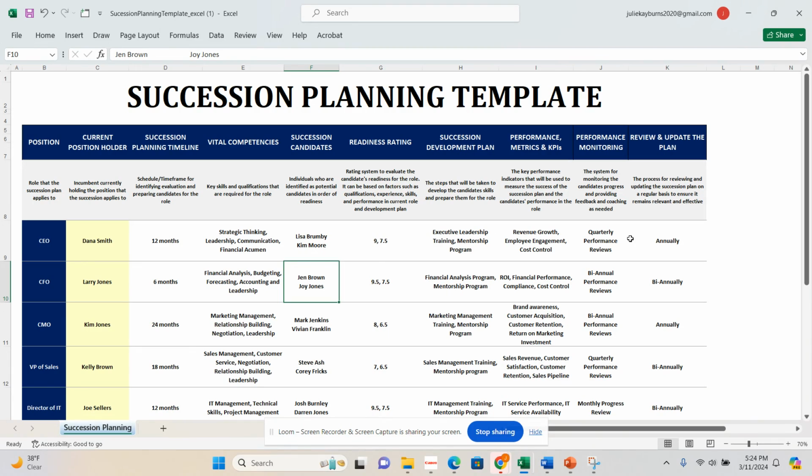However, once you get the process down, you've done the identifying, you've run the talent assessments, you've done the rankings, you've looked at each individual role, you've looked at the candidates, where they are in comparison to other candidates. Once you've decided how you are going to train these succession candidates to fill the position where a successor will be needed,